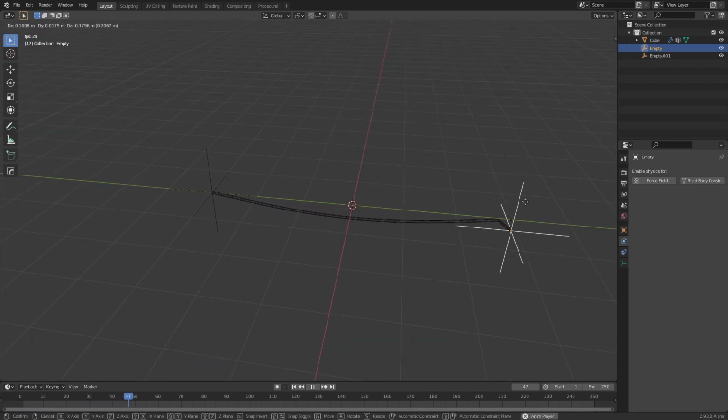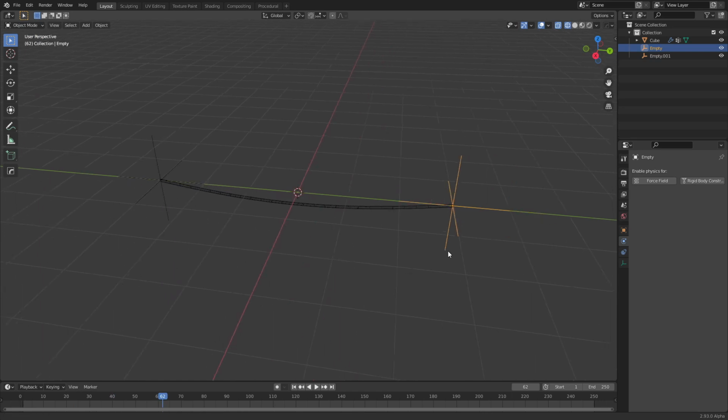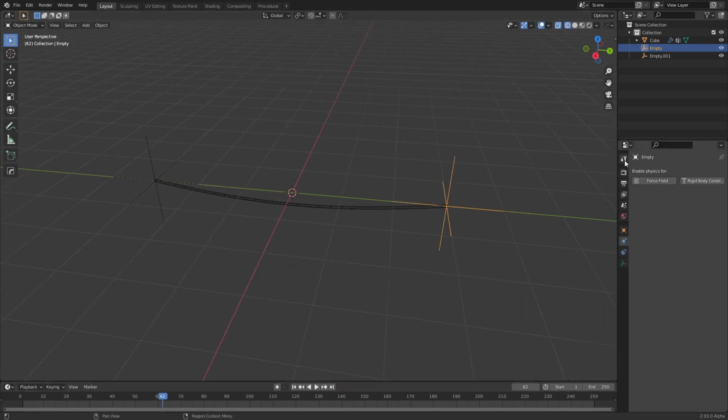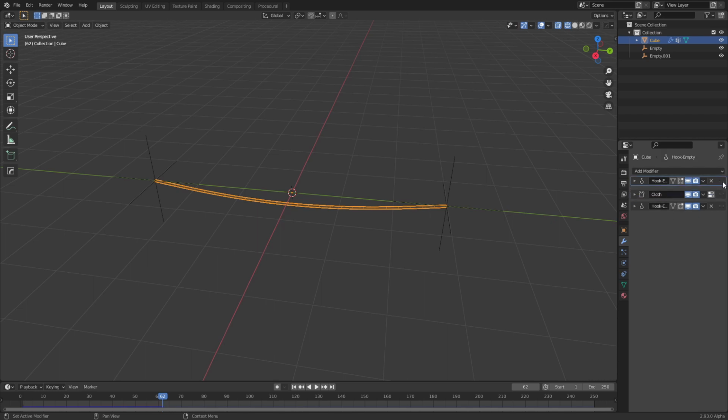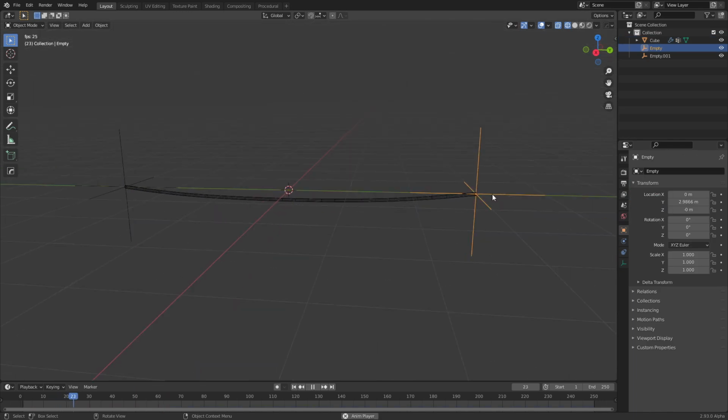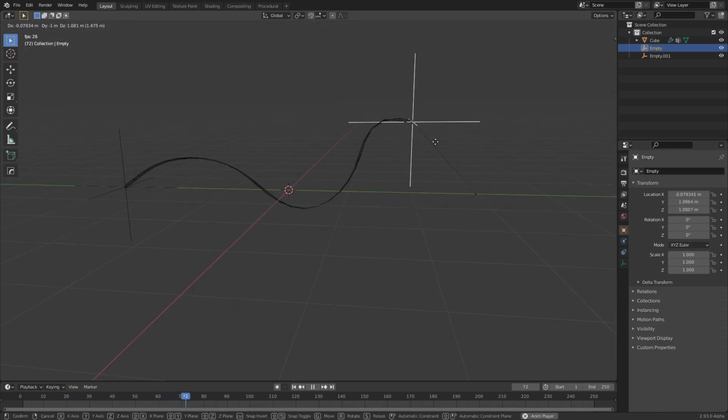but this doesn't work as you can see. If we go to the modifier stack here, the order is important and the hooks are before the cloth simulation, so the cloth simulation ignores them. We have to put them on top, and then now we can grab this empty and the rope will move